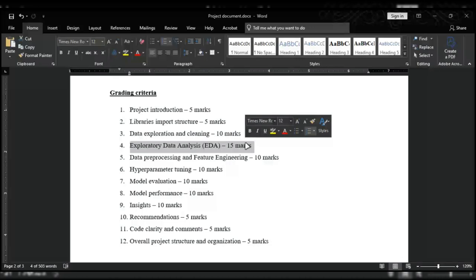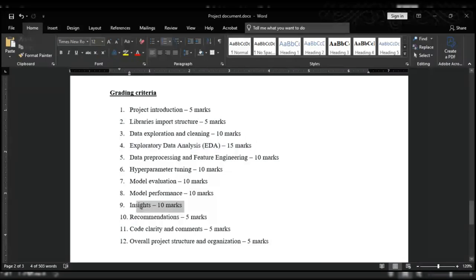I'm going to look at all of those things and then give you your mark for this EDA. But this insight has to do with the insight that you got, that you are going to be writing out from the EDA that you've done.